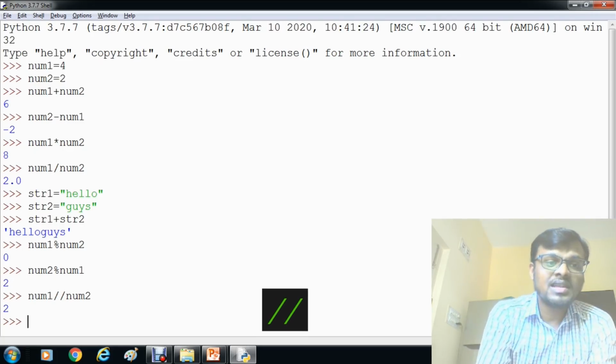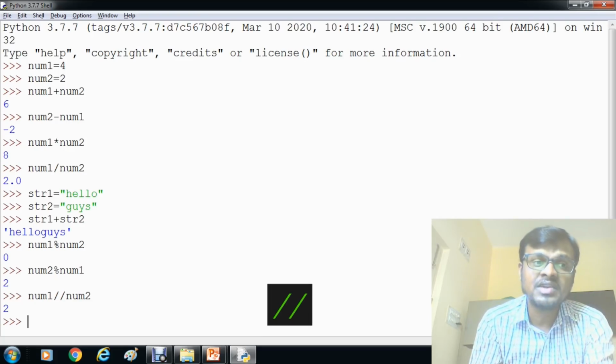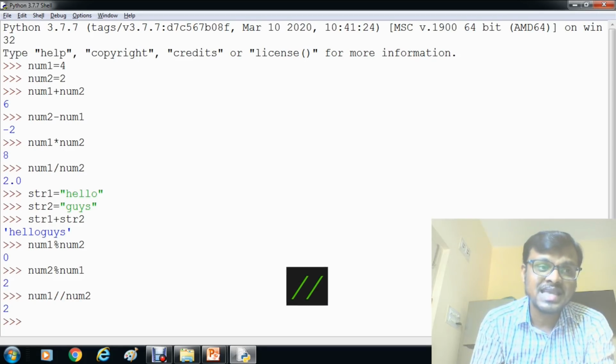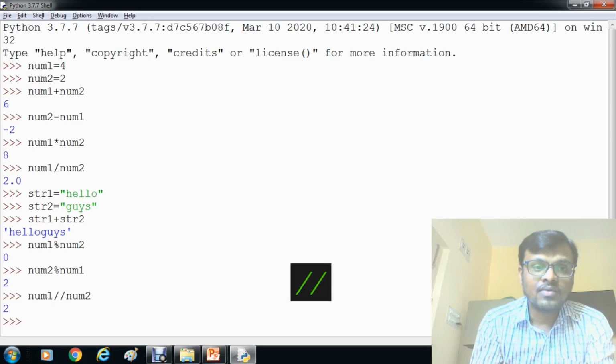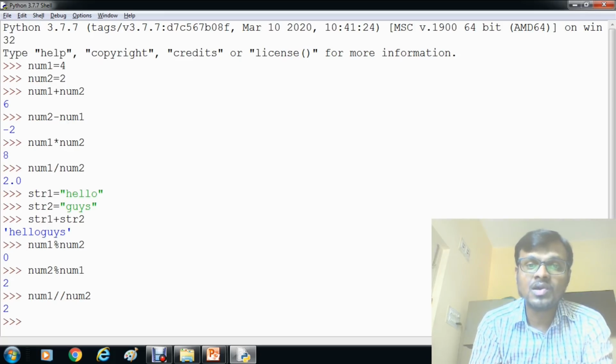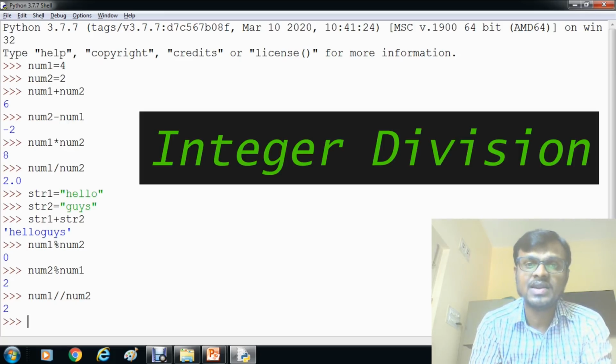See here, num1 and num2 in normal division provide 2.0 as output including the decimal part. Using the same values, num1 floor division num2 gives only the integer part of the value, so sometimes we call floor division integer division.